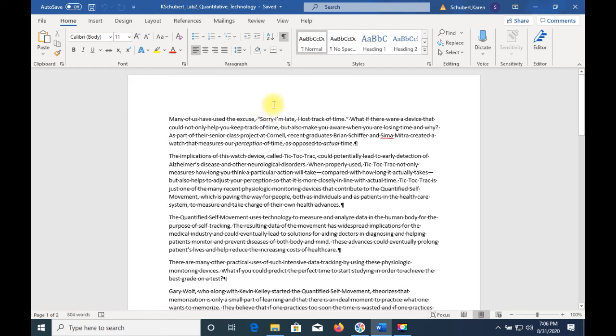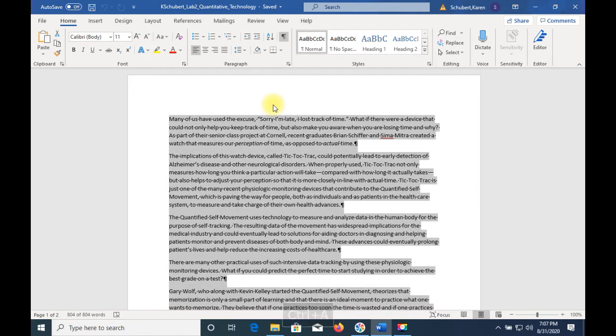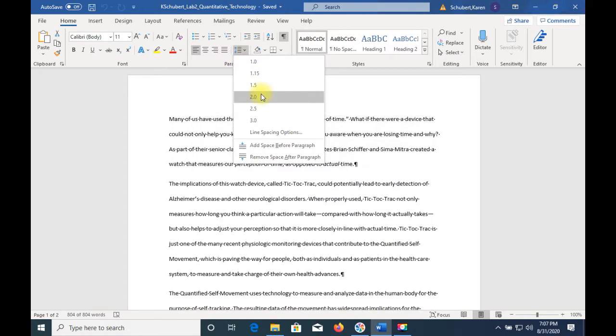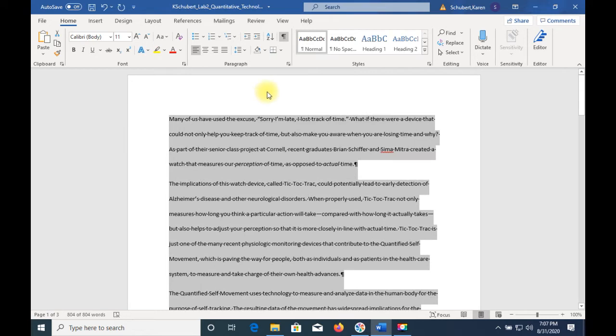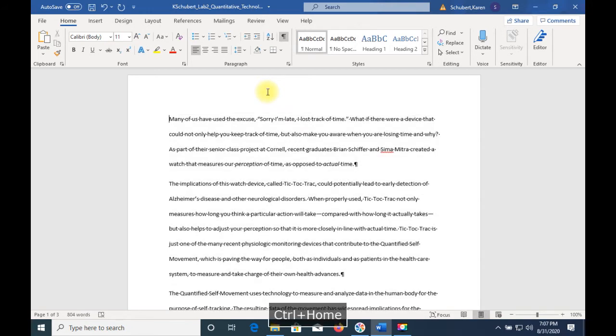Now press Ctrl Home to make sure you're at the very top of the document. And press Ctrl A to select the entire text of the document. Then under the Home tab, Paragraph Group, go to the Line Spacing tool and select 2.0. Then press Ctrl Home again to deselect the document and remain at the beginning of the document. Press Enter,